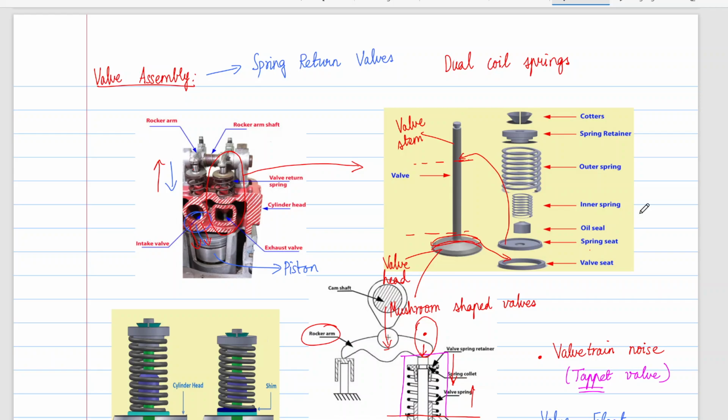In this, the valves are used to introduce